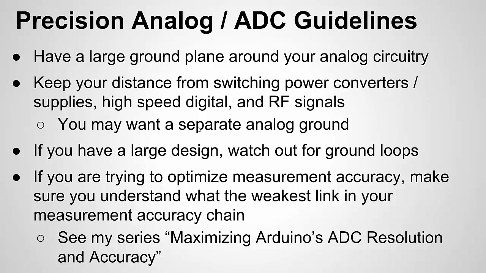Okay, and the last bullet's real important. Make sure you understand the weakest link in your measurement. And this goes beyond just this analog circuit. This goes beyond how you're using the ADC on the microcontroller. Because what can happen is you can put a lot of effort into optimizing one area that affects accuracy, but you might ignore another that leads to a lot of significant error that just throws out all the work you did. And as an example, a lot of beginners don't realize when you make a measurement with an ADC,